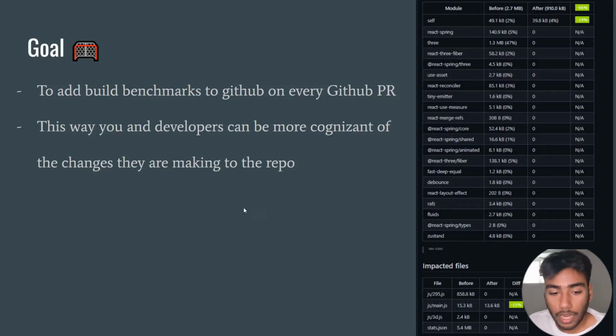Okay, so this is just a way for developers to be more cognizant of what they're doing. It's very easy to get lost in the front end world when you're just trying to make features and you're not really keeping track of how this feature or implementation is going to affect the user's experience. So this is a high level way for developers to see what their PR is doing. They're submitting this PR, but what kind of effects does it actually have outside of the feature? Because that is also